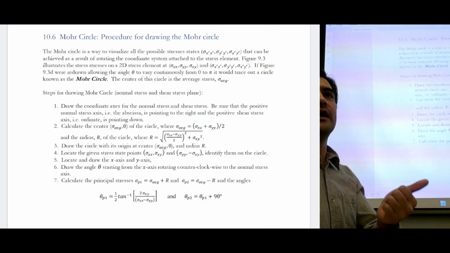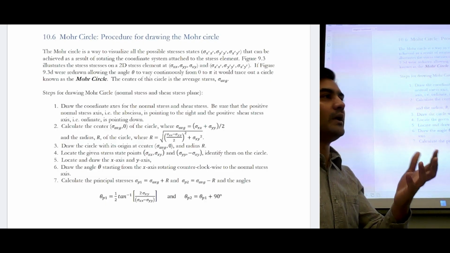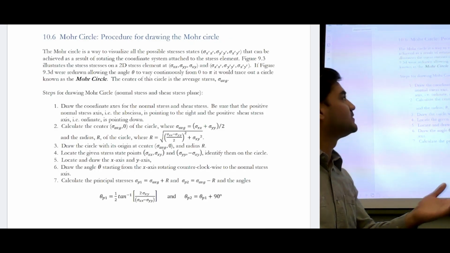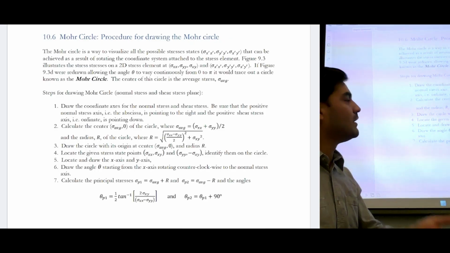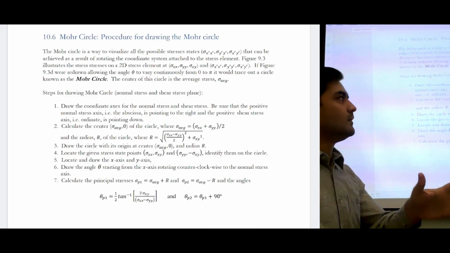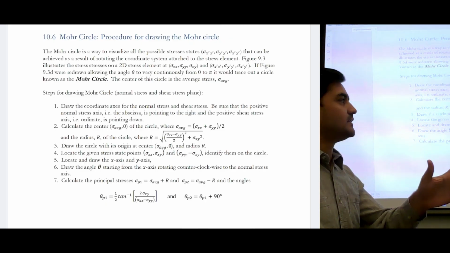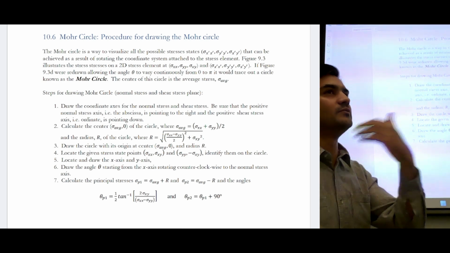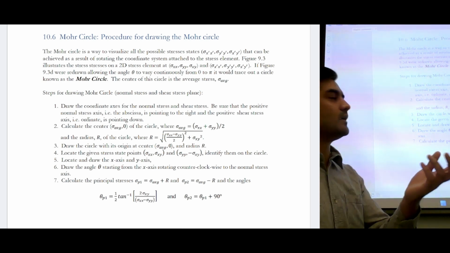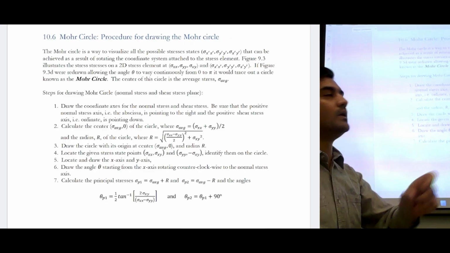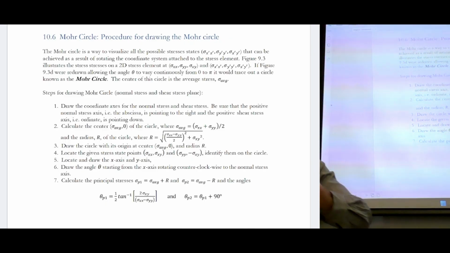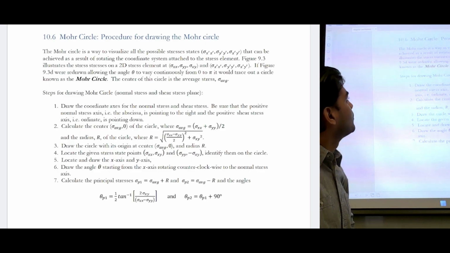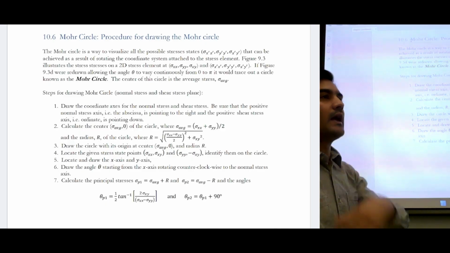And we also can directly calculate where we will get the maximum normal stresses, which are also called the principal stresses, and we also have equations for that. We can also calculate the angle of maximum normal stresses, which is called principal angle. We also have an equation for that. We can also calculate the maximum shear stresses, and we can also calculate the angle where we'll get the maximum shear stresses. So we have the equations to do everything we need,